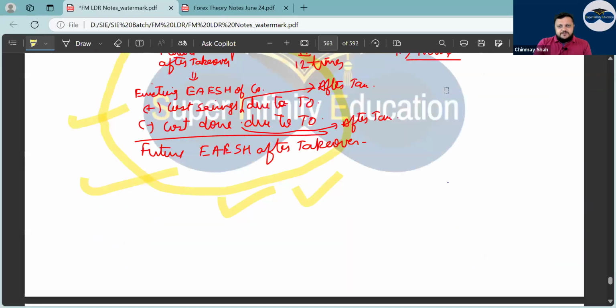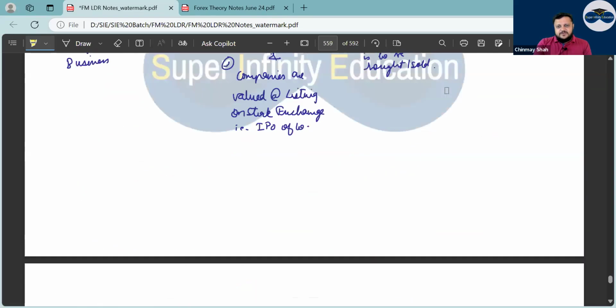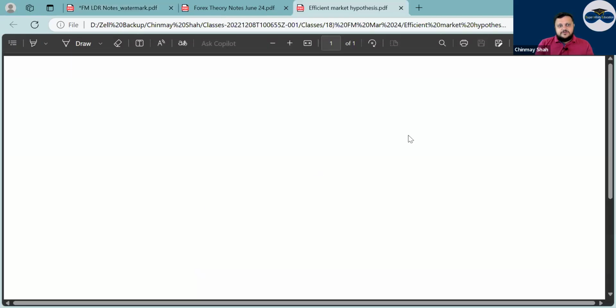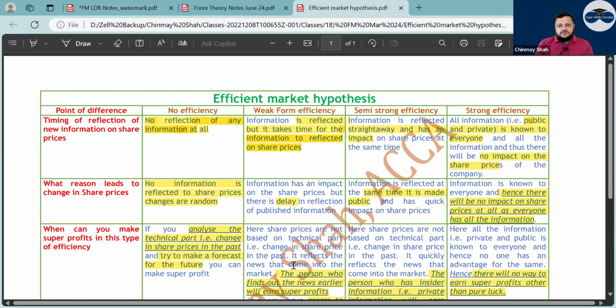With this, I think there is that small part of synergy, that part was there. Efficient market hypothesis, what? I have notes. Wait. Here I will complete quickly. Have a look at efficient market hypothesis. Look, EMH. Is the EMH sheet visible to you guys? Yes, sir.